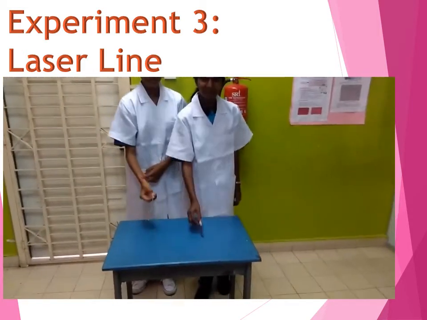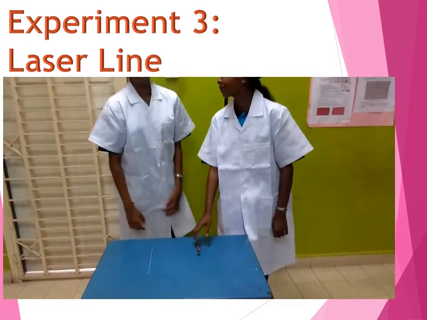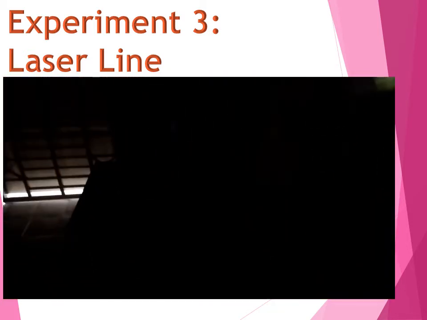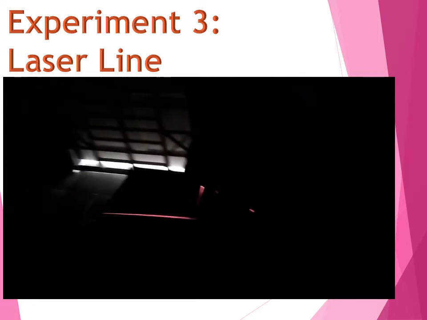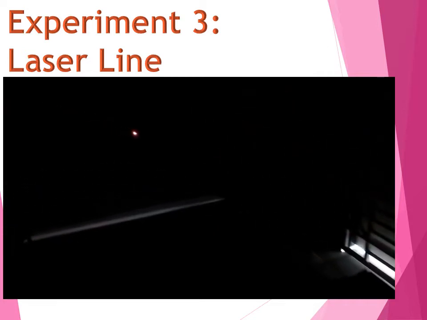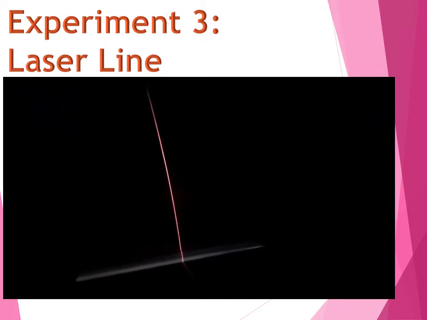Our third experiment is making a laser line from a laser spot. Here we are using a cylindrical rod as the lens. When the laser beam hits the cylindrical rod, the rod acts as a lens to spread out the beam of light into a line. As we can see here, we obtain a horizontal line when the glass rod is vertical,